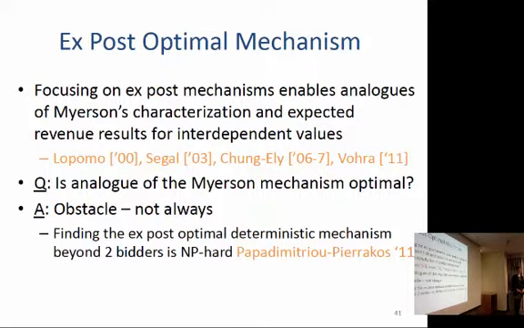Wait, what do you mean easy to find? It's easy to find. It's not NP-hard. Well, it's easy to find for a constant number of bidders. I don't know for a large number of bidders what you would do for non-constant. If I tell you the distribution exactly, then I have to give you an input of size that's then large in the number of bidders. Right. So it's always easy to find. And so this is kind of out of context, right?